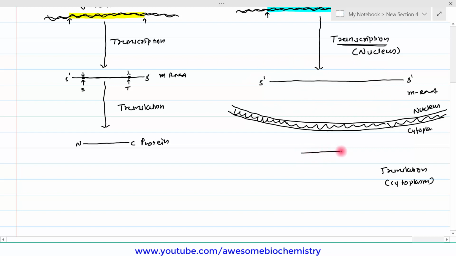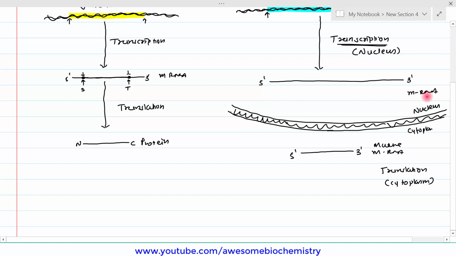But it is observed that the cytoplasmic mRNA is of very short length as compared to its nuclear counterpart. So, the same RNA appears in the cytoplasm, but its length is very, very short. Now, why does this happen? It was unknown earlier in history before 1977. It was just known that nuclear mRNA is very long, whereas the cytoplasmic mRNA is very short. So, this is also mRNA, and this shorter mRNA is the functional RNA. So, it is known as mature mRNA.